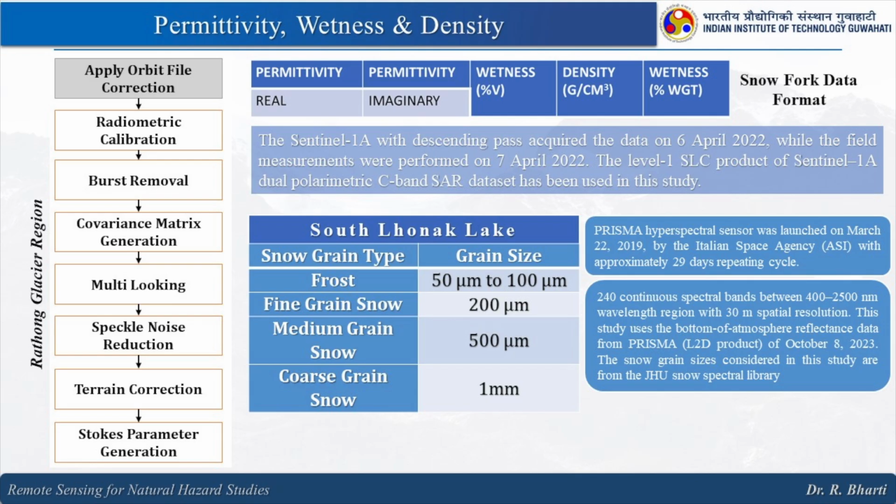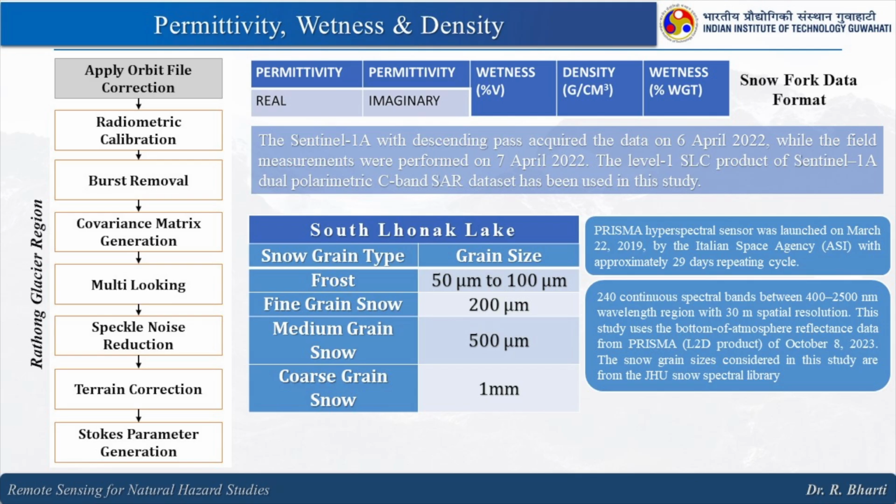This is the broad methodology. Here we have applied the orbit file correction, then radiometric calibration, burst removal, covariance matrix, multi-look speckle noise reduction, terrain correction, and then we have used the Stokes parameters, which are further used to estimate the geophysical parameters of the snowpack. Here we have also used a SnowFork, which is an in situ measurement instrument that can measure the permittivity,